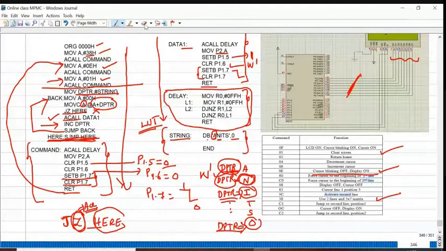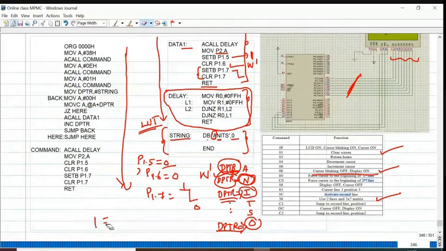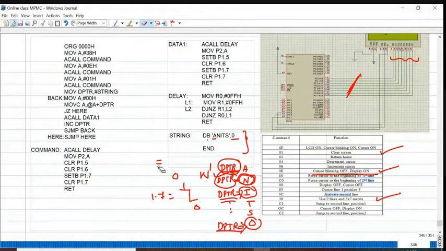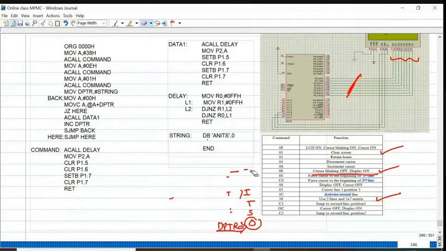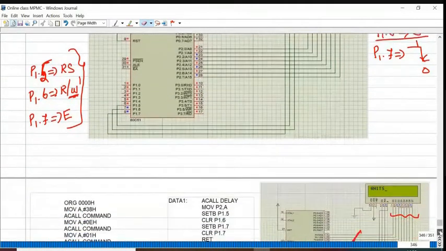Okay. So one subroutine for your command, one subroutine for your data, one subroutine for your delay. So you have to do carefully. Register select 1 or 0. 1 for data transmission, 0 for commanding your LCD display.